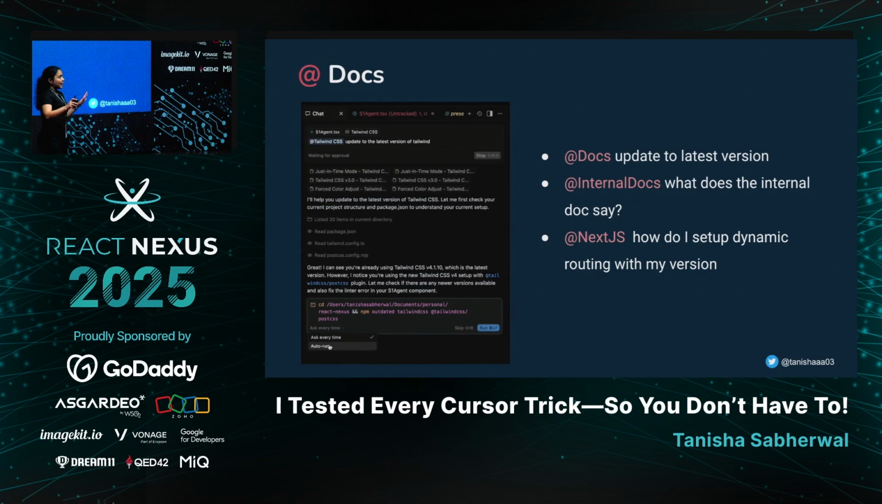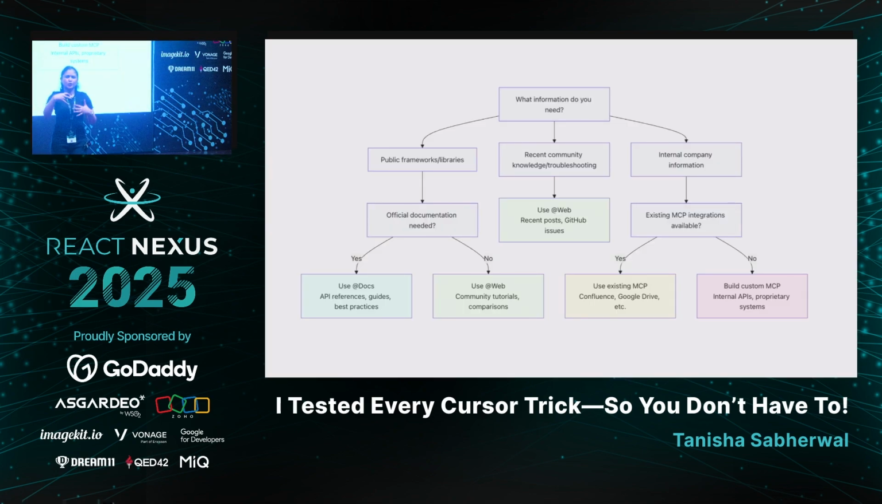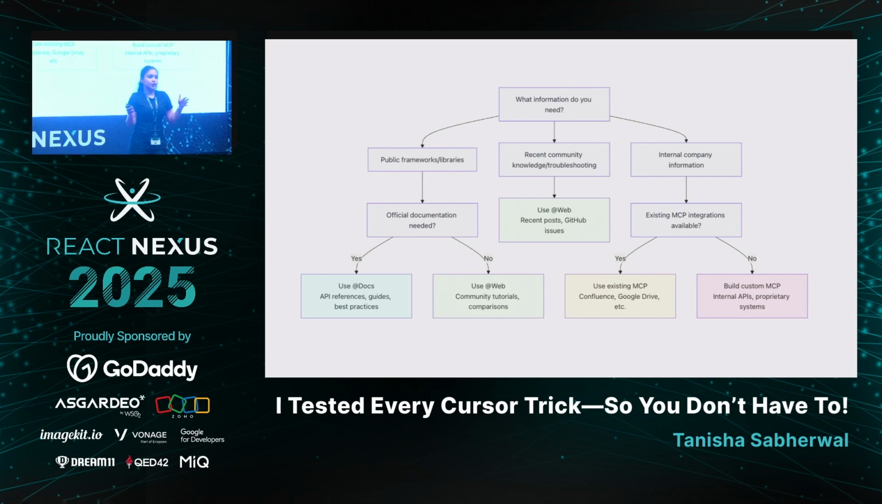Now, @web and @docs are very close to each other. So I found this very cool flowchart on Cursor's website. It tells you what to look for when searching different things. So if you're searching for any public framework or library, just go to @docs. You might already have it. If you are searching for something that does not have documentation but is more of a blog post, you can do @web. For any recent community knowledge or troubleshooting, you can just use @web. And for any internal company information, you can use MCPs, either